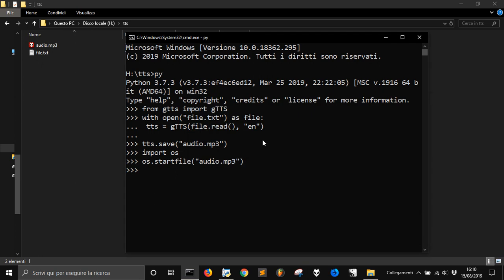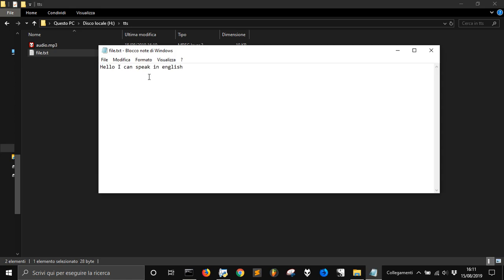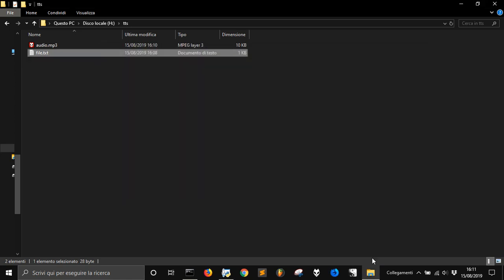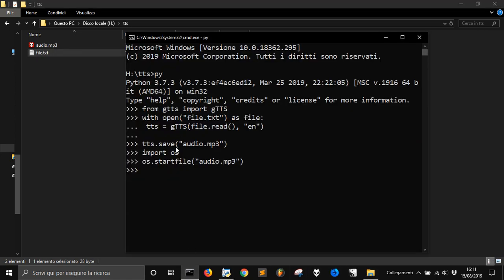Okay, so this is how you can use a file where you have your text, instead of having to write directly here what you need. So this is how you can do it. You can make different files, and so maybe you can work faster with an external file, maybe, or this one